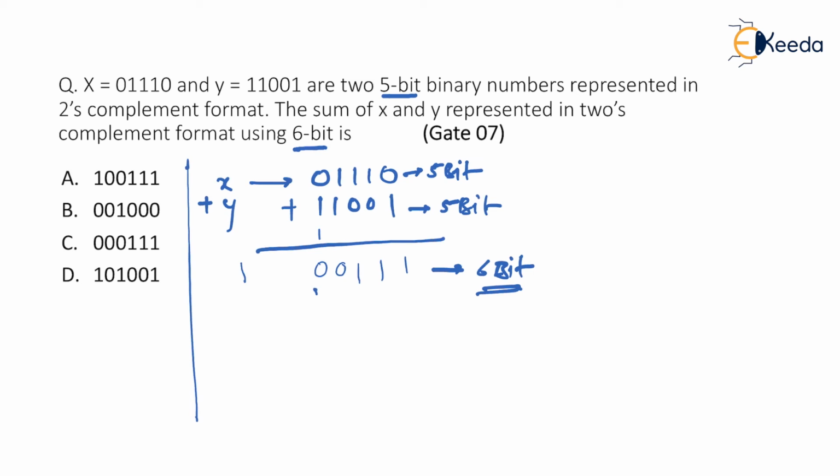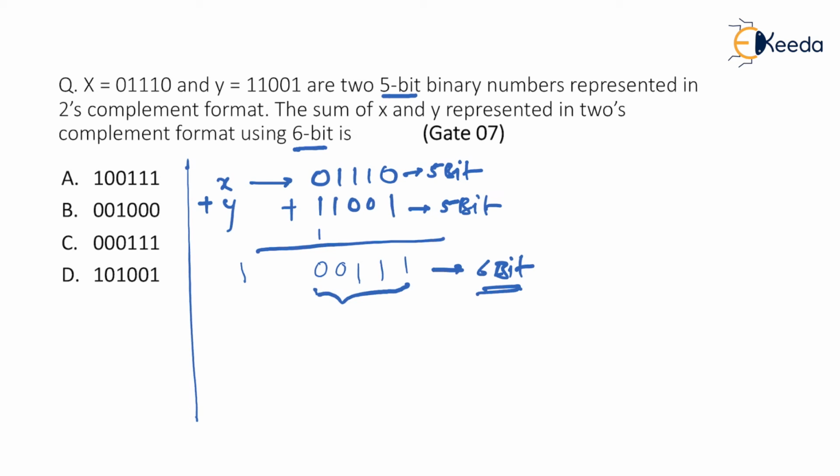They will take this 5-bit sum and carry as 1, including that it becomes a 6-bit, right? And surprisingly, you will find it in particular options. Do we have that option here? Yes, option number A is actually showing that answer, but let me tell you this is a wrong option.